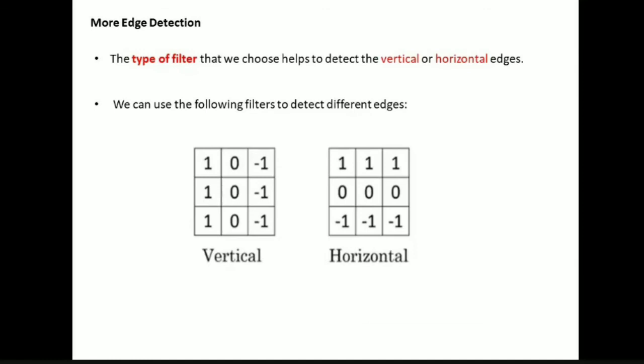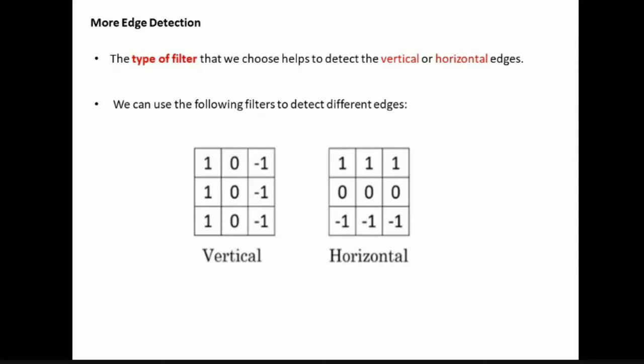Next, if you see more edge detection examples here, the first filter, in the input image, which feature is it used to identify, which edges? Vertical edge, sir. Vertical edge, correct. Next, second image? Horizontal edge, sir. Okay, so basing upon the filter values only we can identify whether it is a vertical edge or horizontal edge.